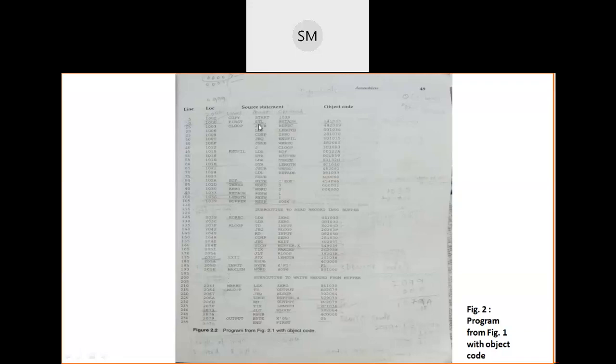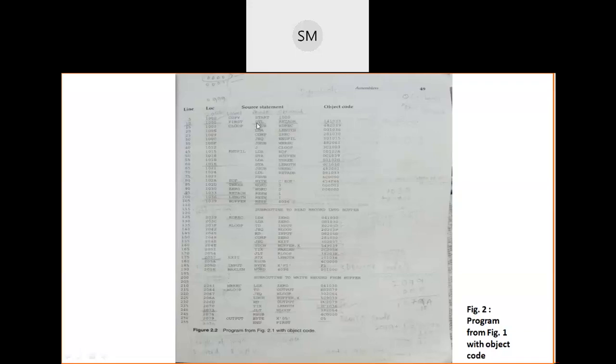Okay, and in fact my first executable statement of my program is STL, not START or COPY or something. The first executable statement or instruction of my program is STL. So STL is stored at the address 1000.